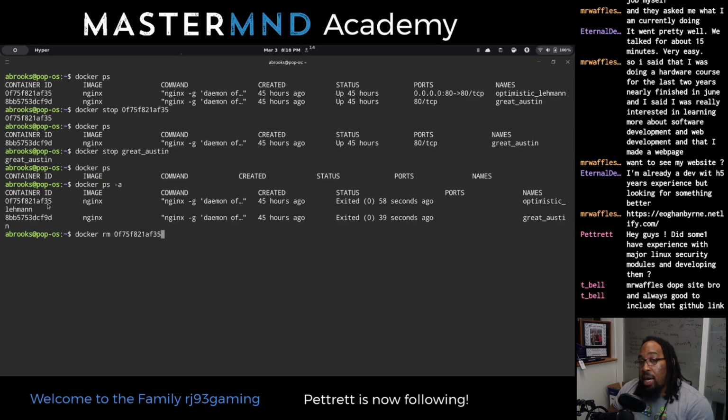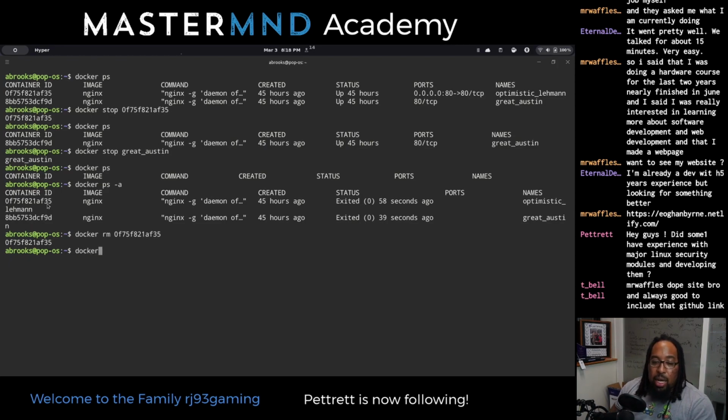rm removes a container. We'll talk about removing images again in a second, but that's rmi. So that can be confusing. That was confusing to me in the beginning, remembering which one was which, and at the same time trying to remember the difference between a container and an image, but don't sweat it. I'm just going to keep saying it out loud. That's why I keep repeating things out loud, to just drill it into your head.